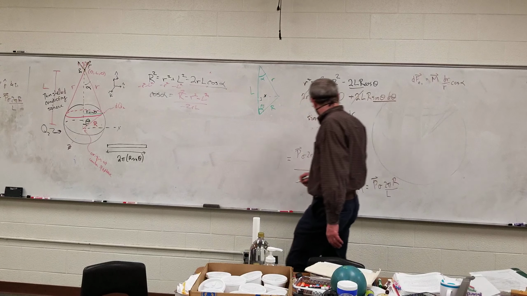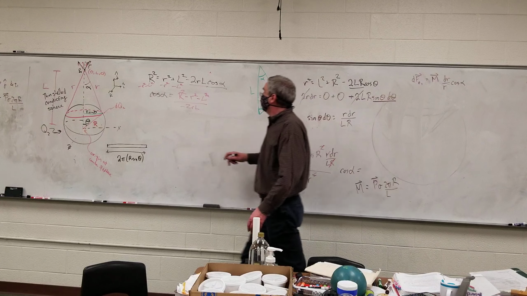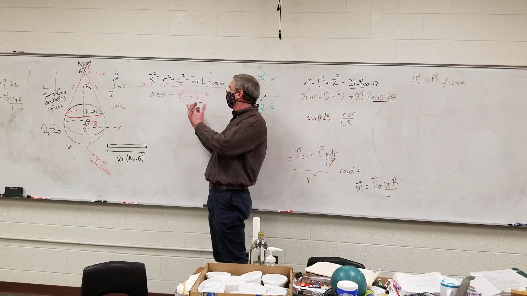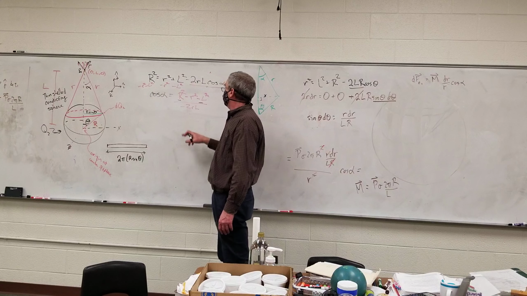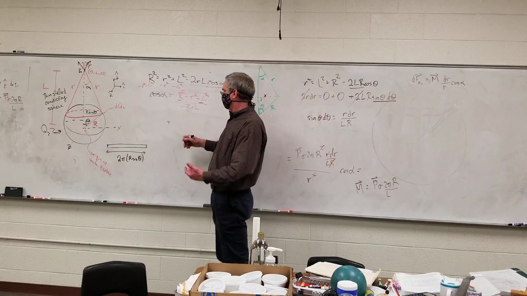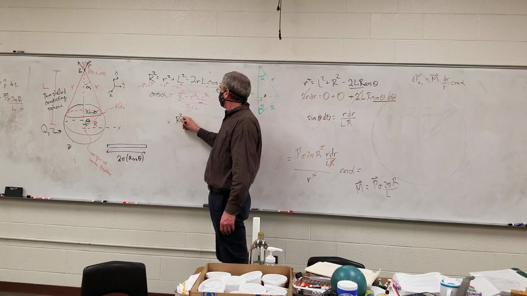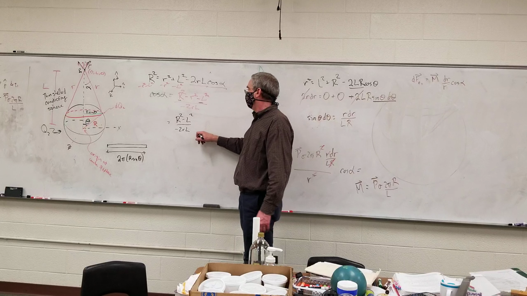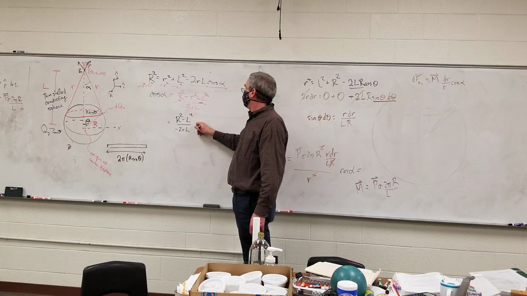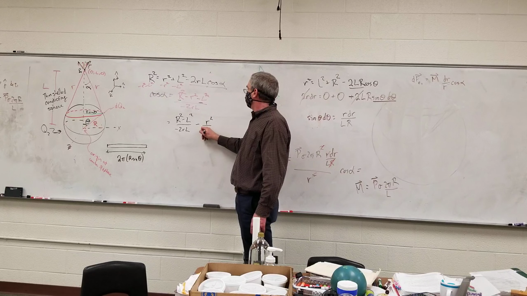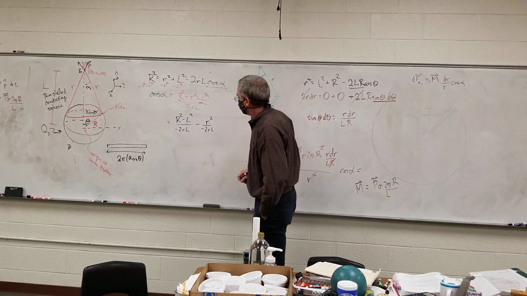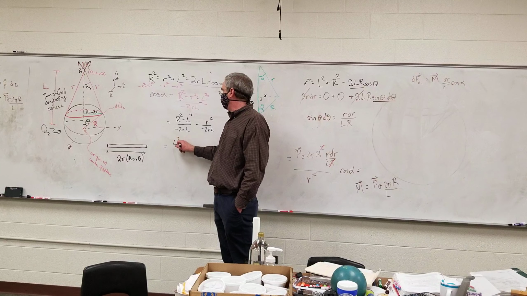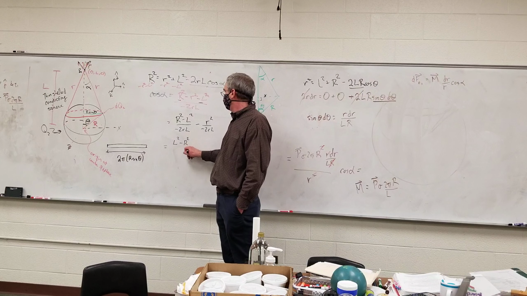So I now have an equation for cosine alpha, which I can then plug into here. I'm going to rearrange it slightly, because I'm going to put my r squared and my big L squared together, and make little r squared separate. I got this negative right here, let's simplify it some. So I got big R squared minus big L squared over negative 2RL, little r, big L, minus little r squared over negative 2 little RL. So this becomes big L squared minus big R squared over 2